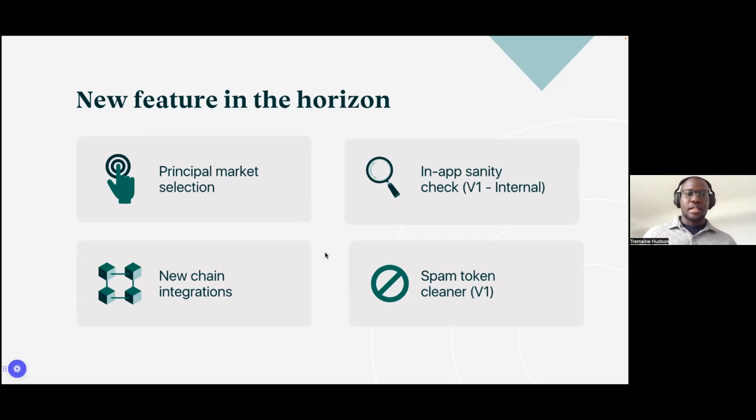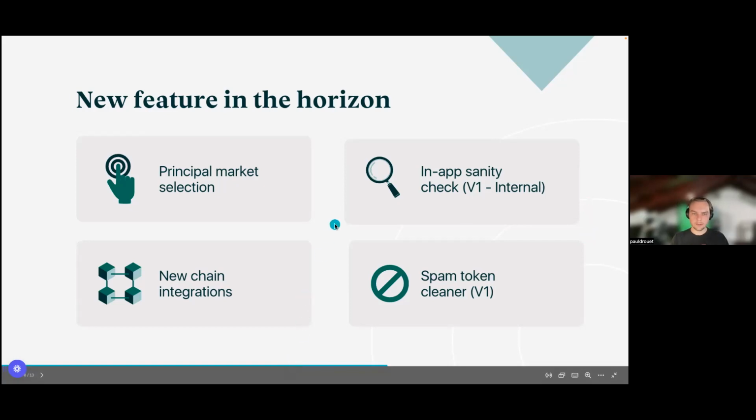And I'm going to throw it to Ash to jump into new chain. Or I will actually take this one. Yes, thanks, Tremaine. So in terms of our roadmap for new chains that we want to integrate,